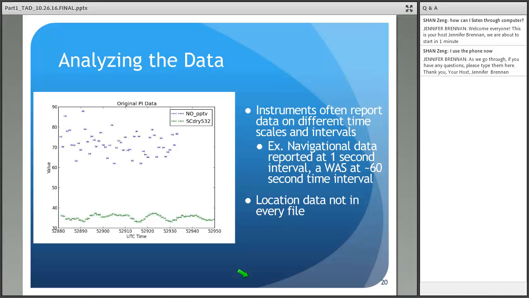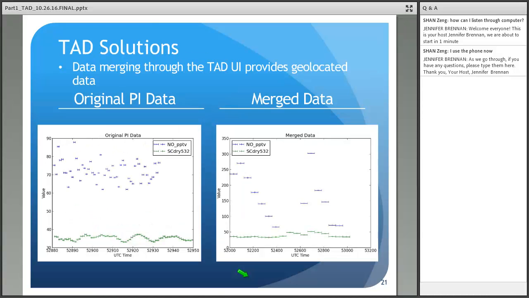For example, navigational data is always going to be reported at a 1-second interval, whereas from the WAS instrument, you might see it at a 60-second time interval. This, and the fact that location data, meaning latitude, longitude, and altitude, is typically only reported in a single navigational file for each flight, rather than with each variable individually, can make analyzing the data from different instruments a bit challenging. So in an effort to simplify this process, TAD allows users to create a time-based merged data file, which